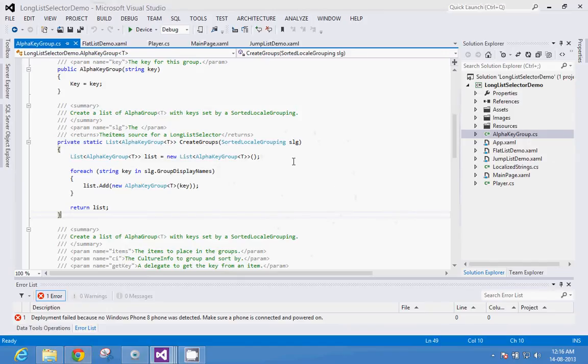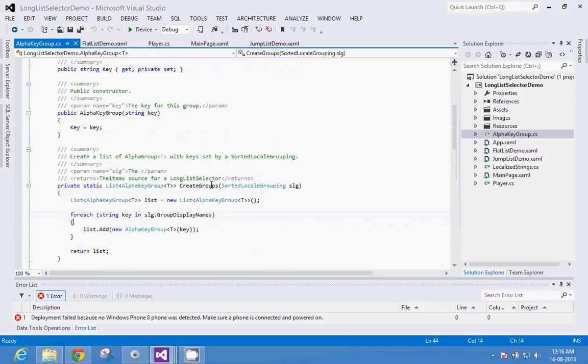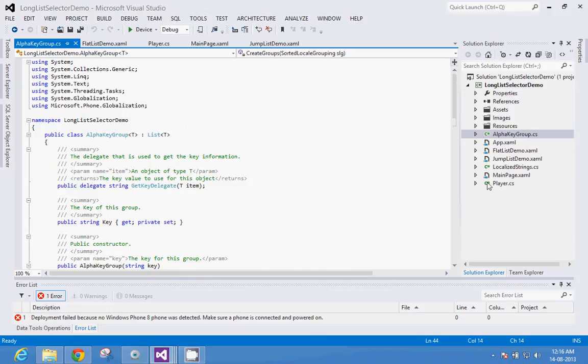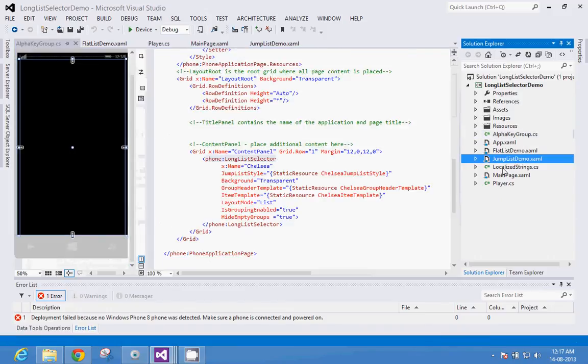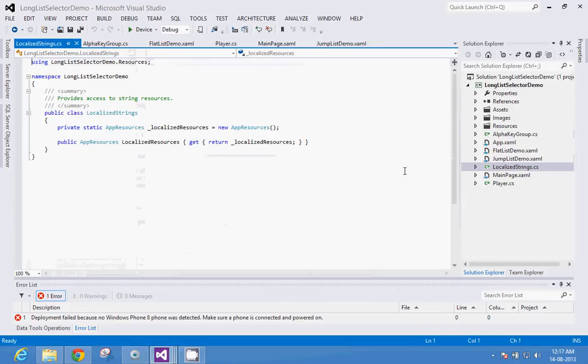So there is this class. The purpose of this class is to group the list items according to their alphabets on a specific property called name, because this is a collection of players, right? This is generic logic, you just copy it from MSDN and create this class. Now your 50% job is done. I'm not kidding, 50% job is done. Now what's next? We go to this jump list demo.xaml, and we go to the code behind first. Yeah, we actually go to the code behind first.